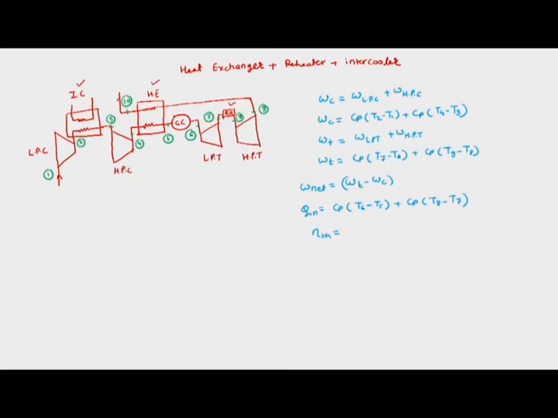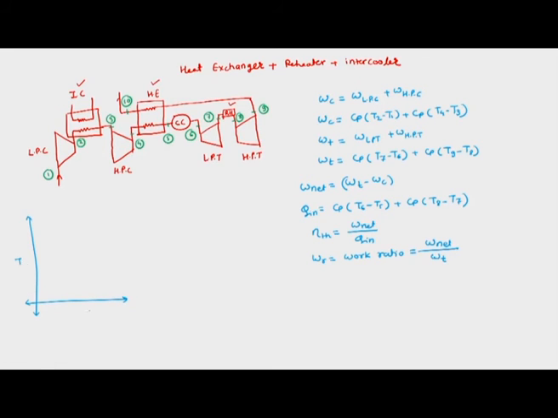So this is the arrangement for all the attachments, and this is the expression for Q in. So thermal efficiency is W net upon Q in. If asked or if required, we can also calculate WR, which is the work ratio, and work ratio is equal to W net upon WT. Okay, but before that let us plot the TS and PV diagram for this arrangement.